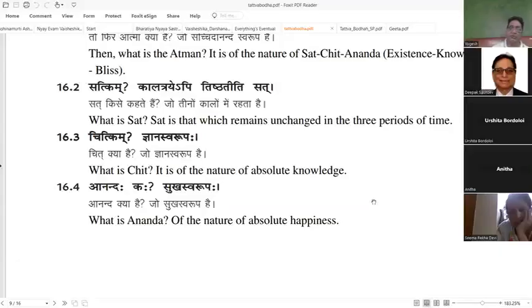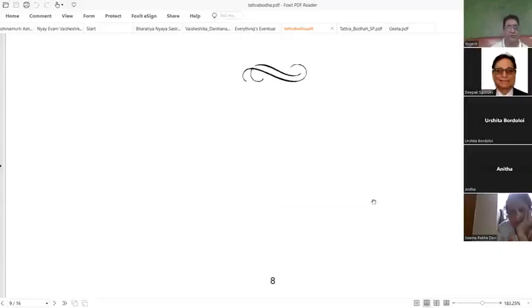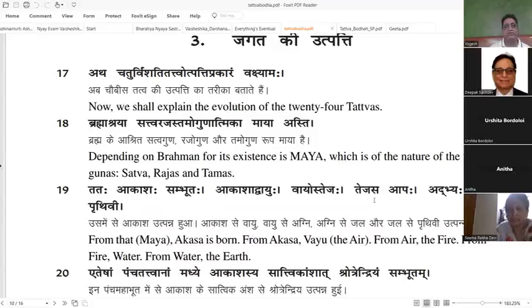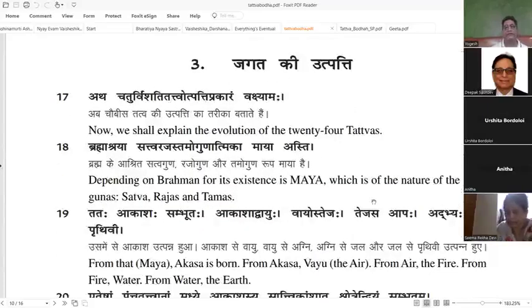So Anandakaha Sukh Swarupaha. This is what we sought now. And now we are going into the creation, the world. So till now, what we saw was Twampad. Tvam means you. We will learn more about it when we learn Mahavakyas. But in short, when I have to discover my true nature as infinite, the teacher has to come and tell me. Initially, I don't know it myself.